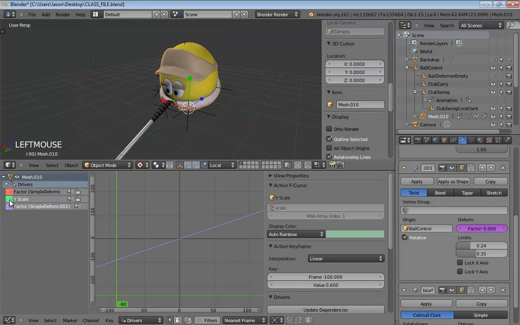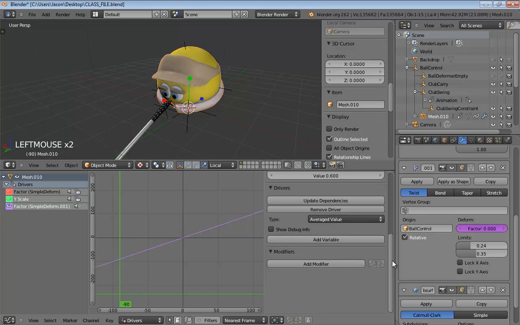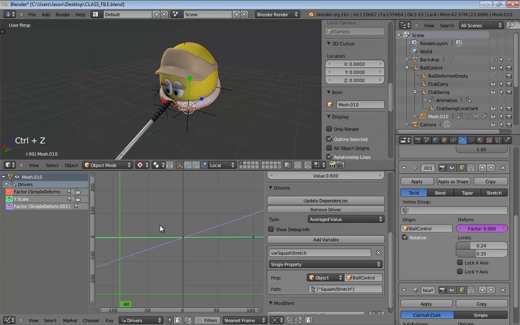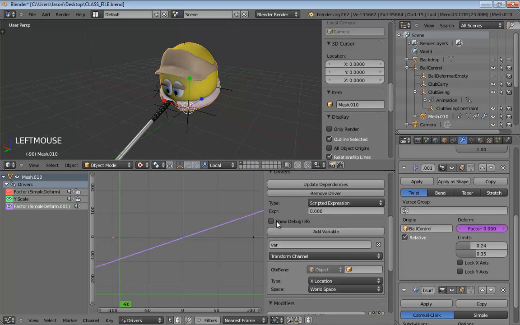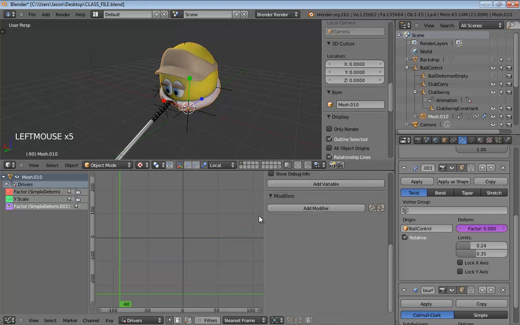Now we'll turn off the visibility of everything else. Let's go ahead and kill out the variable, and we'll kill out the generator if there is one. And I might have just done that to the wrong... Yep, I did do that to the wrong object. So make sure you have the proper factor selected before you do that. I had to undo just then. So we'll hide this guy out. Kill out the variable. Kill out the generator.